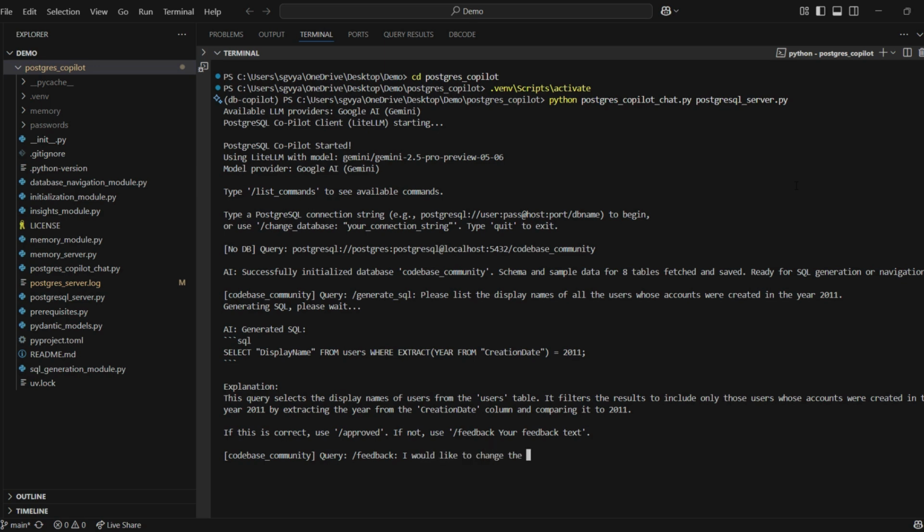LLM thinks it's correct. If you think the SQL is correct, you can use the /approved command and it will save the natural language question and the SQL along with it. And if you think that the SQL is not correct, you can provide it a feedback using the /feedback command. This SQL that is generated is correct, but for the demo purposes, to show you how the /feedback